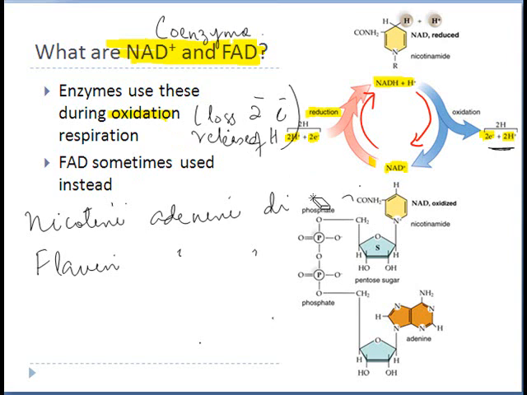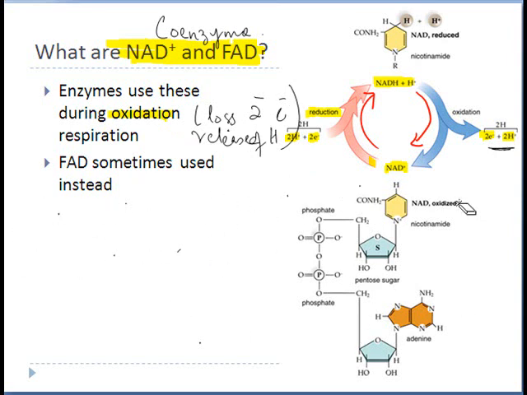So the structure of these molecules NAD and FAD is shown in your book, and I also have it over here. A large, big molecule, you can see that it's got a nitrogenous base, a sugar, and it's linked to a phosphate. So a real complex molecule, but for simplicity, we are just going to use the term NAD and FAD. Whenever you see NAD, it is always going to be reduced to NADH, and so let's just write down this way: NAD reduced